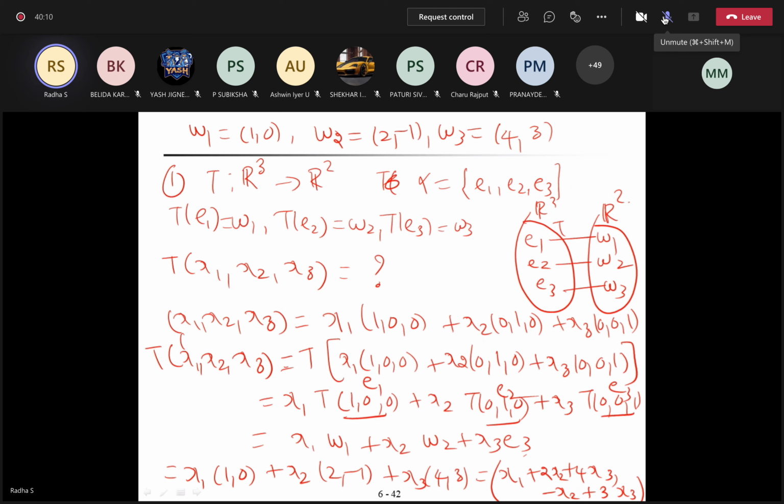That is, x2 is alone 1; x1 and x3 are 0. Substitute and say, where does (0, 1, 0) go? Here you substitute and get 2 minus 1. 2 minus 1, so it's correct. What they have given is matching with our result.